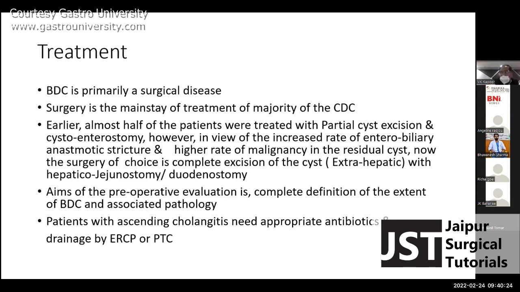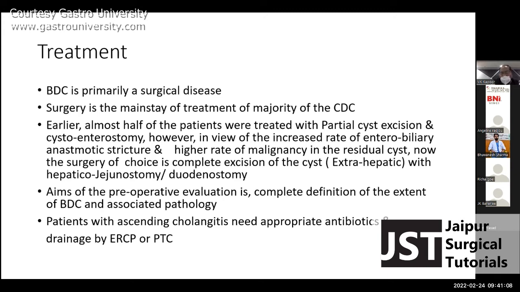Coming to the treatment, biliary duct cyst is primarily a surgical disease. Surgery is the mainstay of treatment of the majority of the biliary duct cysts. Earlier, almost half of the patients were treated with partial cyst excision and cystoenterostomy. However, in view of the increased rate of anastomotic stricture and higher rate of malignancy in the residual cyst,